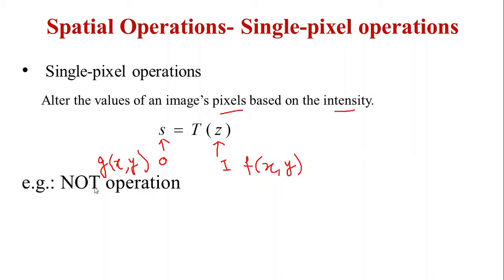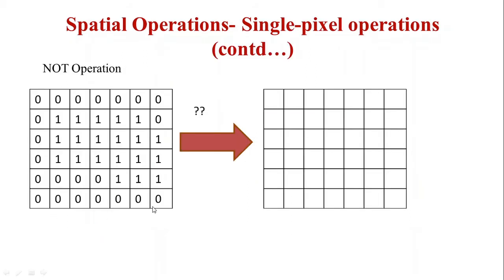One example could be the NOT operator. If we recall, the purpose of the NOT operator is to just alter the value. If the value is 0, it makes it 1. If the value is 1, it makes it 0. Let's have a look, especially in the case of binary images. Suppose this is my input binary image and we have to apply the NOT operation and identify what my output image g of x comma y will be, given my input image f. So in this position, it is 0.